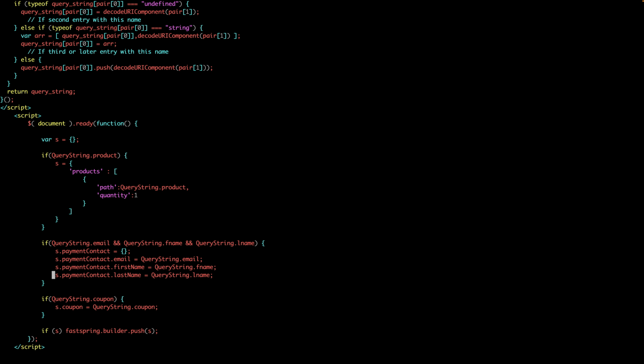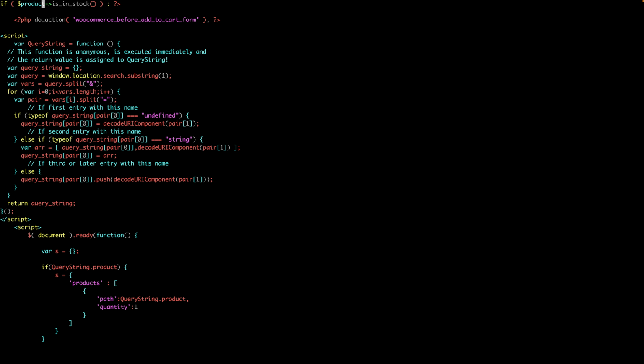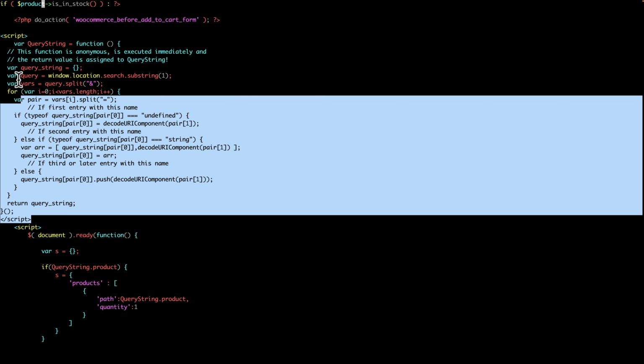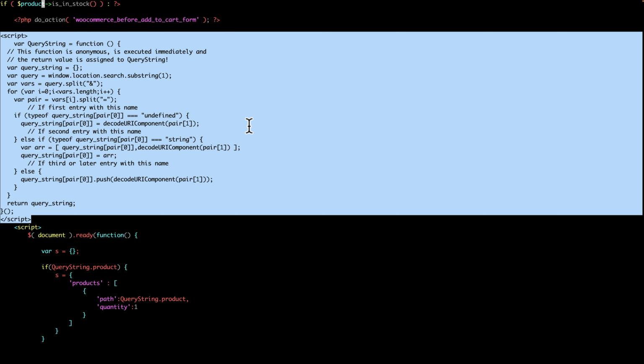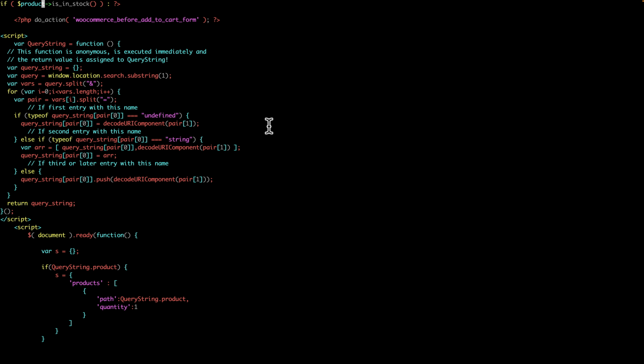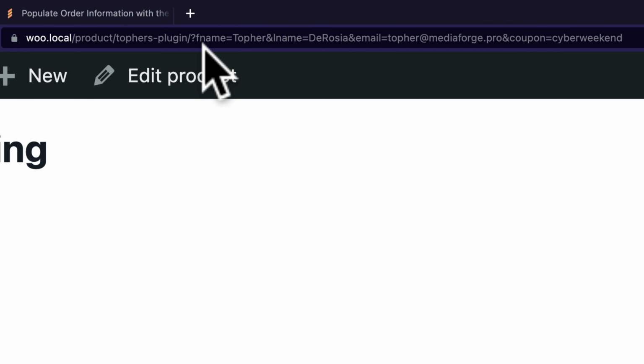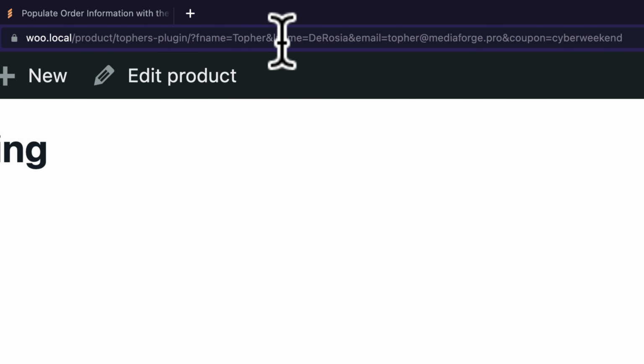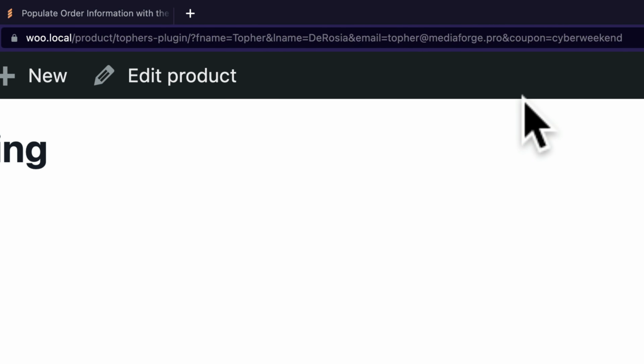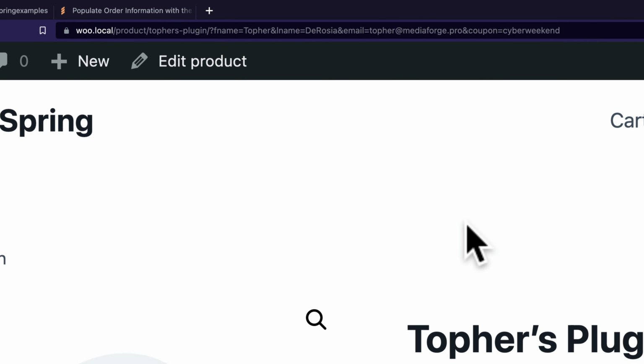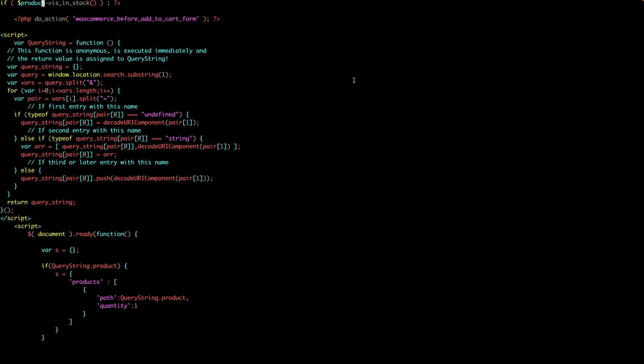Now let's go to the top of this and see what's going on. There are two script blocks. The first one simply parses the URL and gets the get variables that are in it. And let me show you what I mean by that. So in my URL, I have here fname, lname, email, and coupon. And the JavaScript is getting those variables and is going to use them in the form. And it does that in the next block,